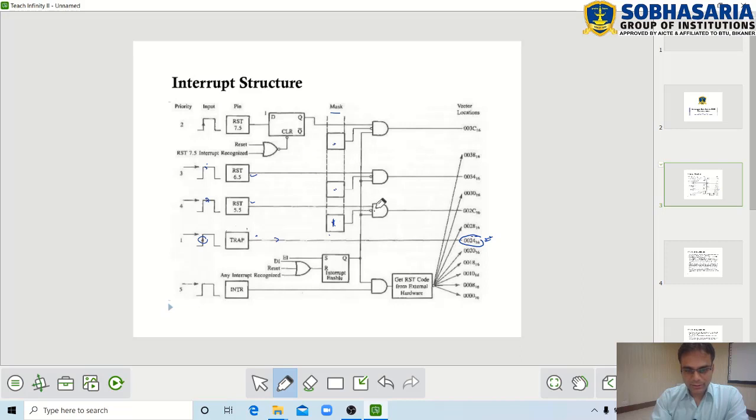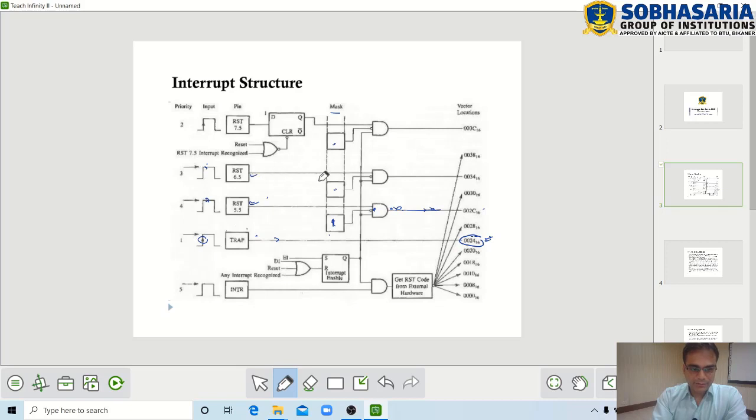If any 0 is input to an AND gate, it creates a 0 at the output, or we can say it disables this line. If this line is disabled, the interrupt is not going to switch to this particular vector location, so the interrupt process is not going to work for RST 5.5 because the mask bit for RST 5.5 is set, right?